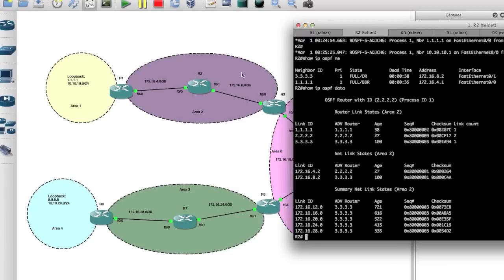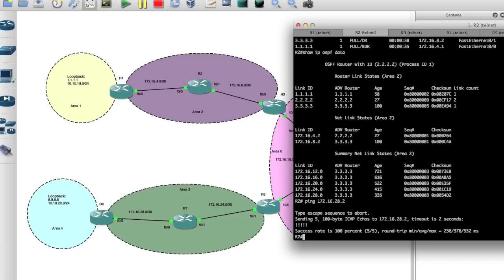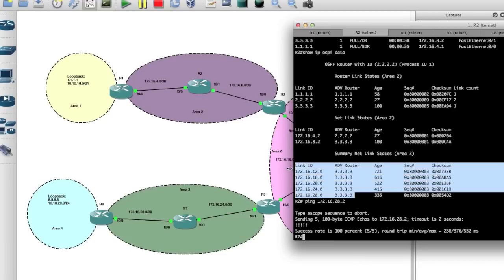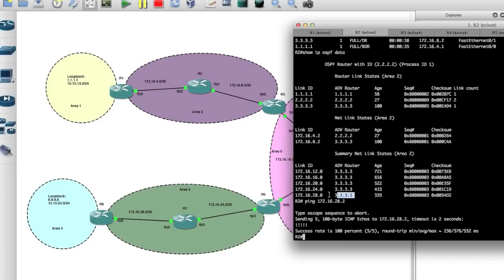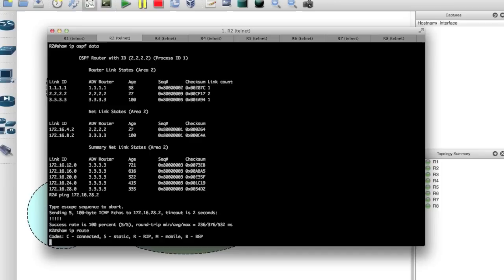So theoretically, from router 2, I should be able to ping 172.16.28.1. So let's go ahead and try that. Ping 172.16.28.2, and the ping is successful. Why? Because we knew it was going to be successful, because it told us right here that it has the route defined. So now on router 2, if we go ahead and type show IP route,